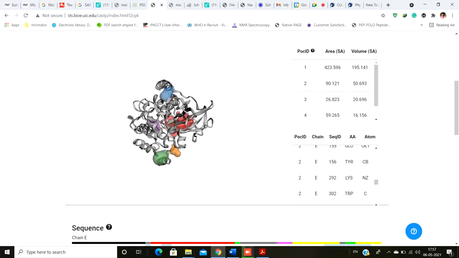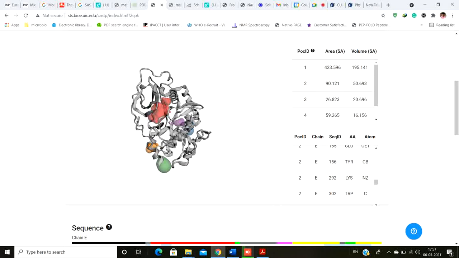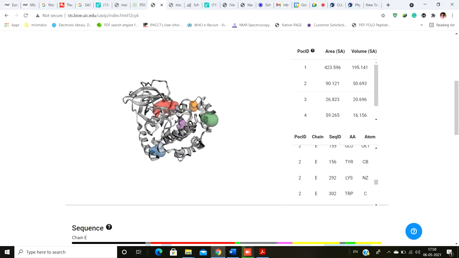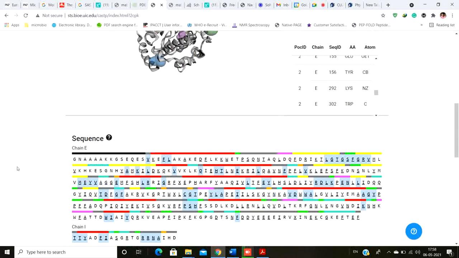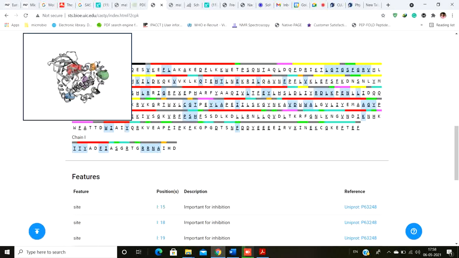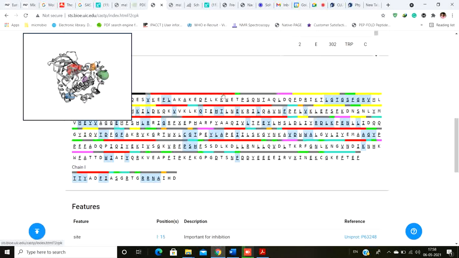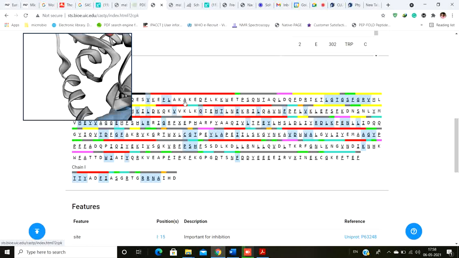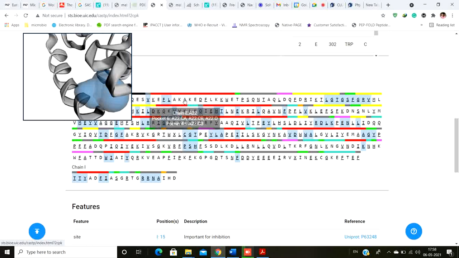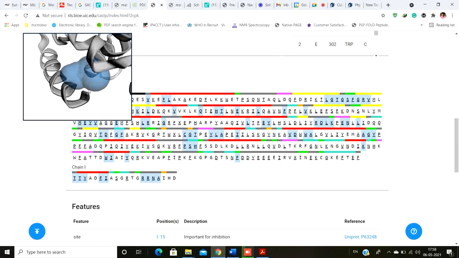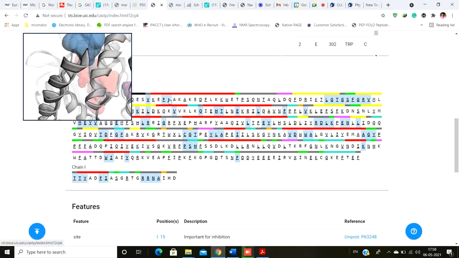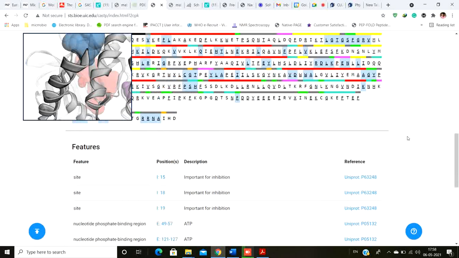So you can do this to find the solvent accessible regions, and there are also multiple options. There are multiple reasons why people use this, and it gives an overall idea about the whole pocket. See, this red region belongs to the first pocket. If you select a region, it highlights and shows where it is present. This belongs to the blue, so the second pocket, I think. Like this you can find these, and they are really important.